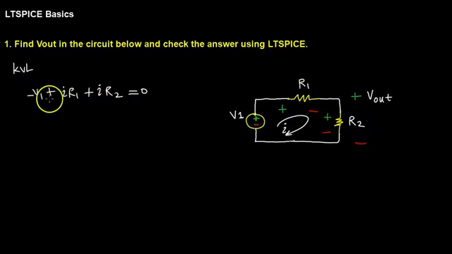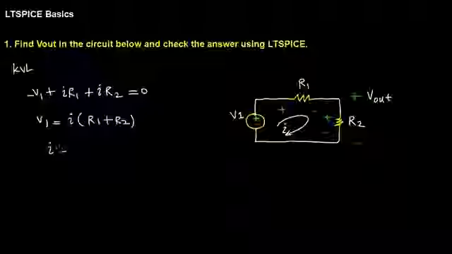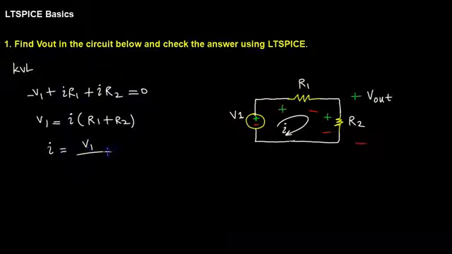Now let's solve this in terms of I. I'm going to move V1 to the other side, and factor I out simultaneously. So I get I times R1 plus R2. I'm going to divide both sides by R1 plus R2, and I get I is equal to V1 over R1 plus R2. Now keep in mind, this is just the current through this entire circuit, but I want to find Vout, which is the voltage. And recall that